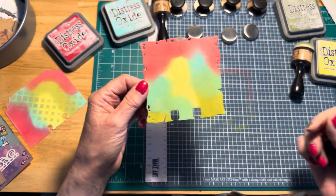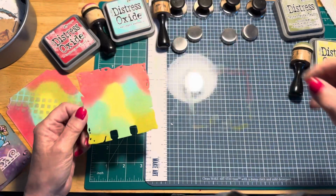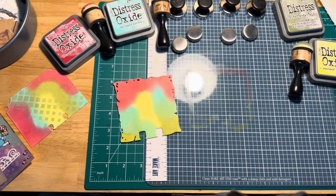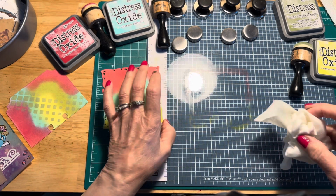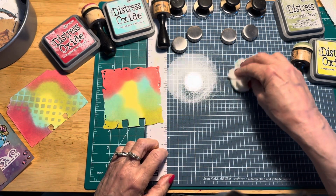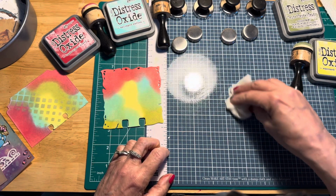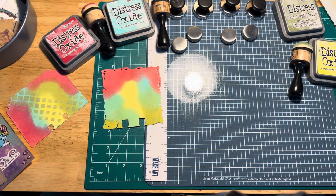Okay? I must admit that I do watch Allison from Words and Whispers, and she does a lot of ink blending and a lot of really cool mixed media projects. In fact, those large manila tags that I purchased, they were inspired by her. And I have hopes of creating, you know, some other nice rainbow effect tags or